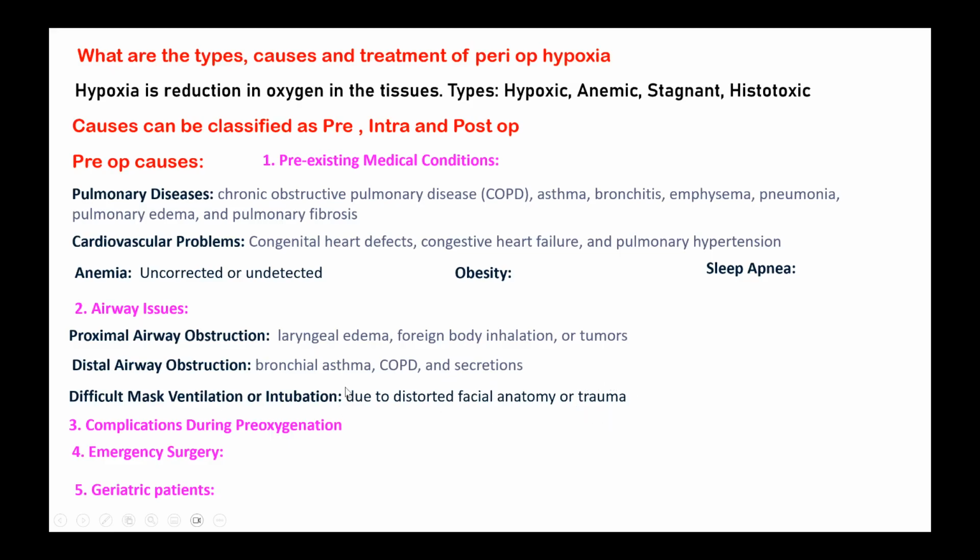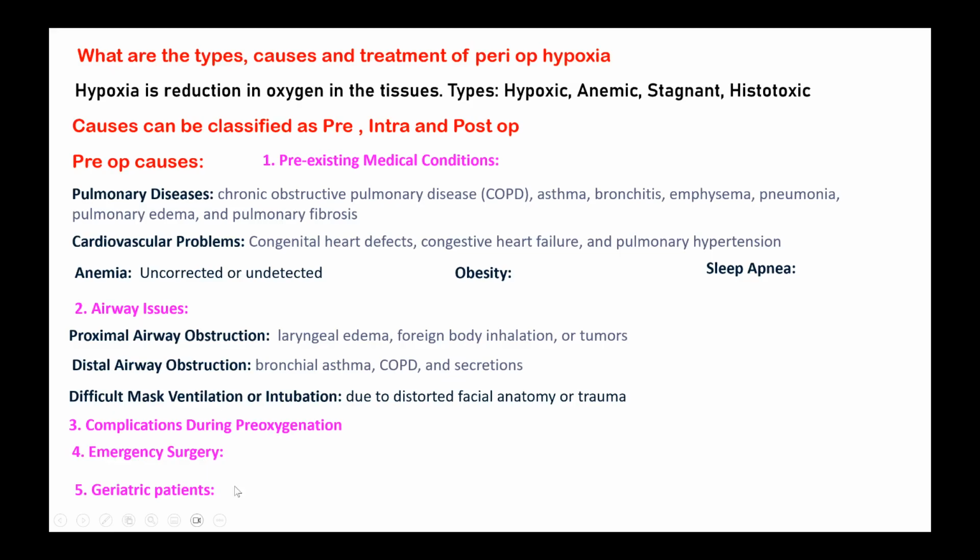In all these patients, we have to anticipate preoperative hypoxemia, or there may be complications during pre-oxygenation, which we cannot control properly. And patients coming for emergency surgery, where there is inadequate time to prepare the patient properly. For example, a patient with distension of the abdomen because of injury or intestinal obstruction may have a restricted movement of the diaphragm, and he may be hypoventilating. And we don't have time to wait and correct all these things,